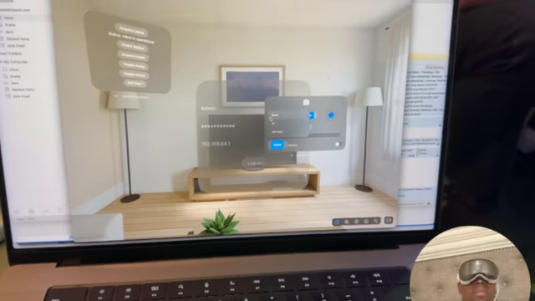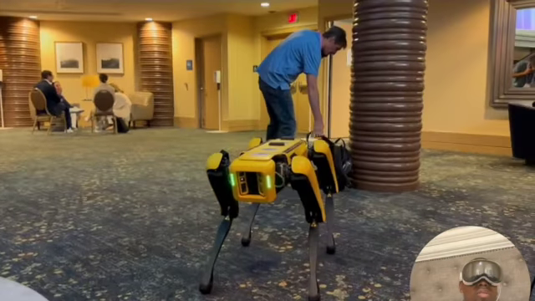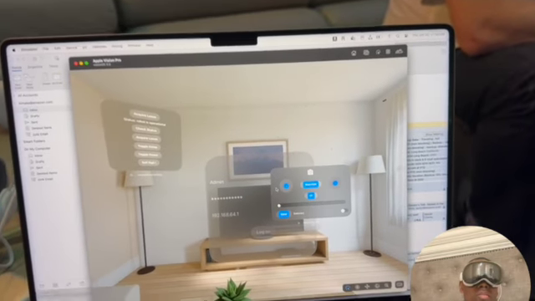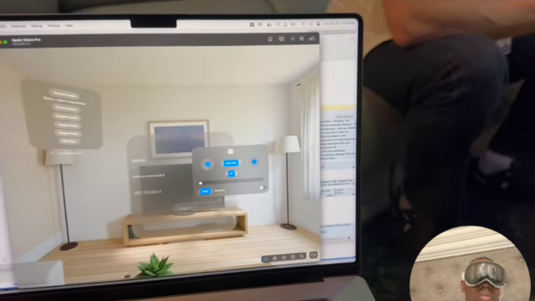Here I'm going to tell Spot to stand, and Spot stands up. Sorry about the fast-moving camera. And then if I want to tell Spot to move,